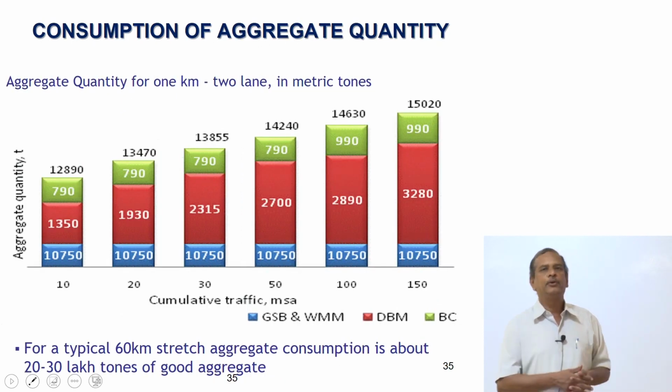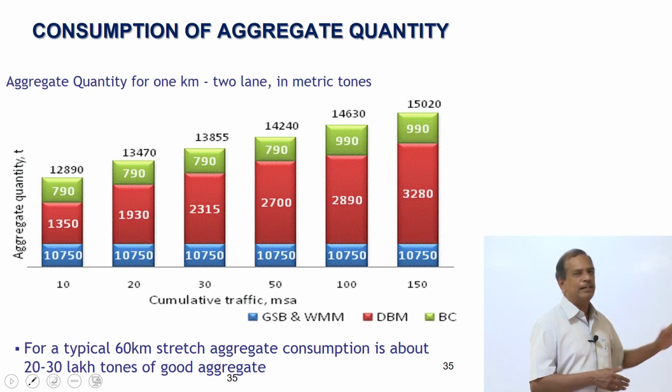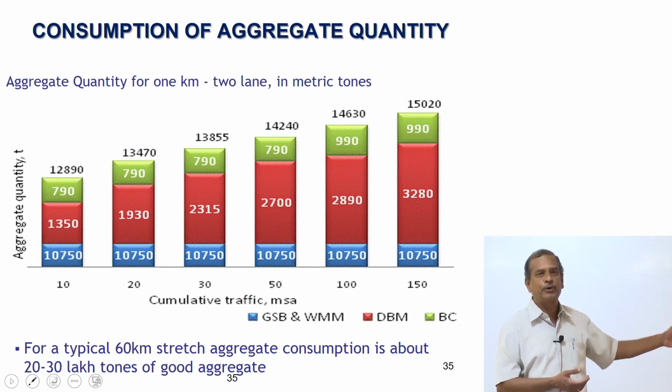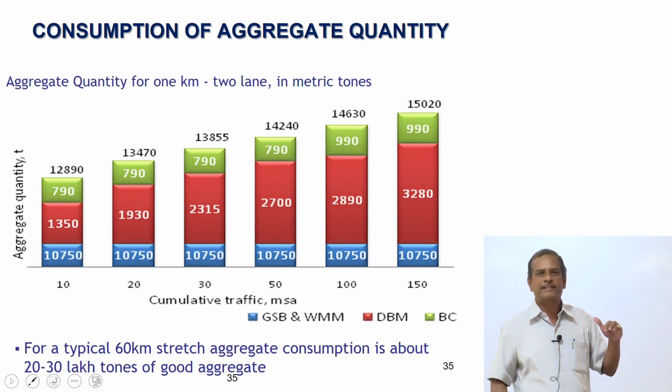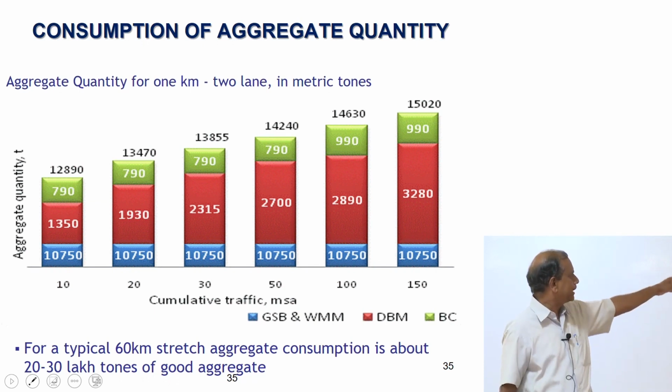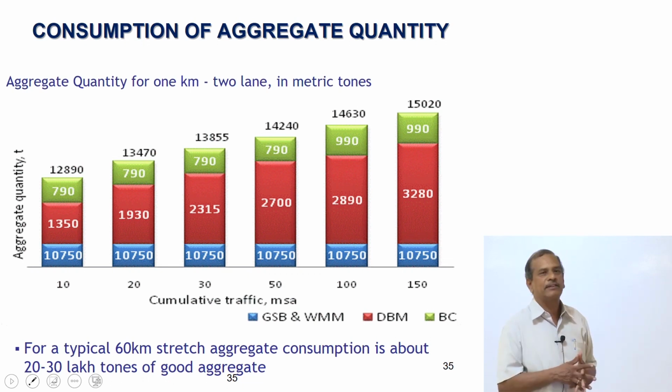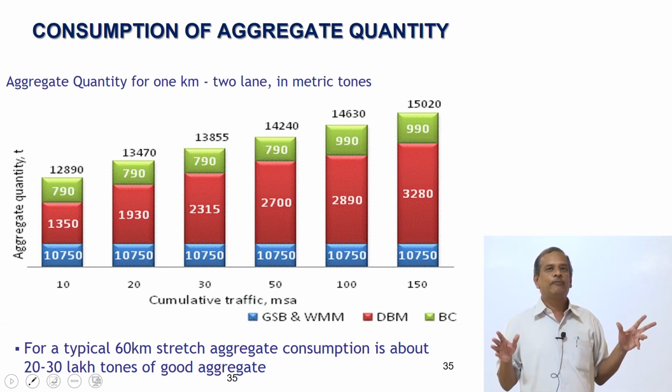So, how much material do we require for constructing these roads? For construction of a typical 60 kilometer road stretch, I require about 20 to 30 lakh tons of good aggregates. I will come to the issue of sustainability in due course. But remember, for constructing 1 kilometer of a 2-lane road, I require nearly 15,020 metric tons of aggregates. Now, when you have